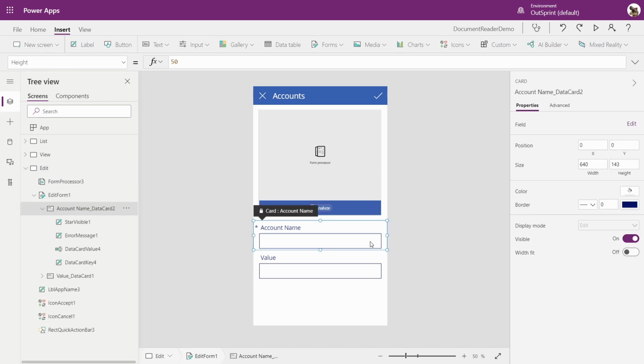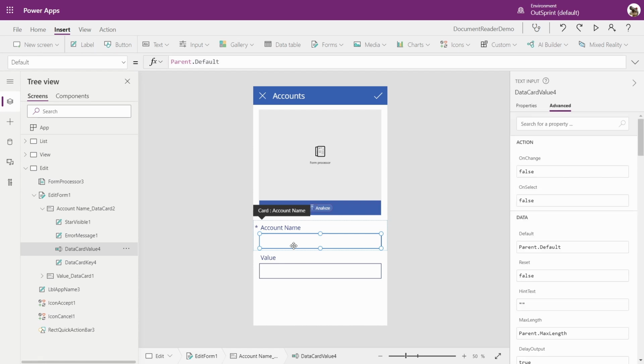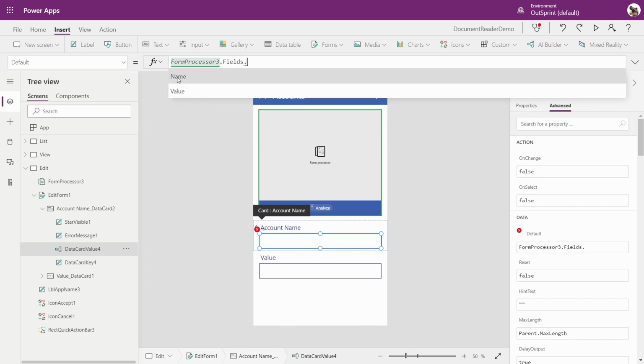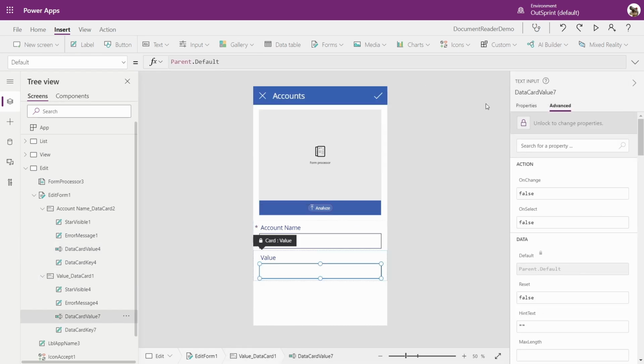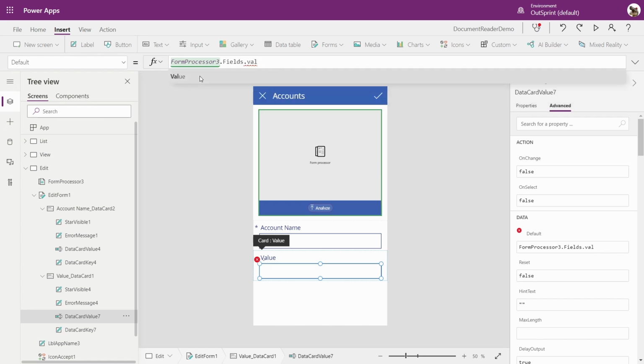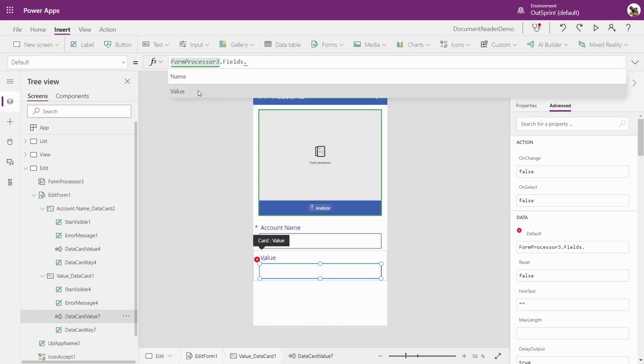After that, let's link the information back to our form so that we can use it. That should be sufficient. Let's see everything working together now.